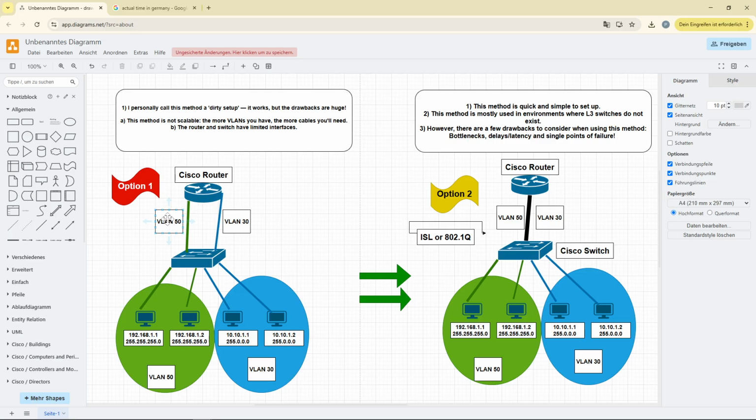The more VLANs you create, the more cables you will have between the router and the switch. The router does not have infinite interfaces available, neither does the switch. So the upgrade for you, as a network designer, as a network technician, will be to go to the router on a stick. So what does this mean? What's the difference here? We still have pretty much the same setup, but the difference is you have only one cable between the router and the switch,